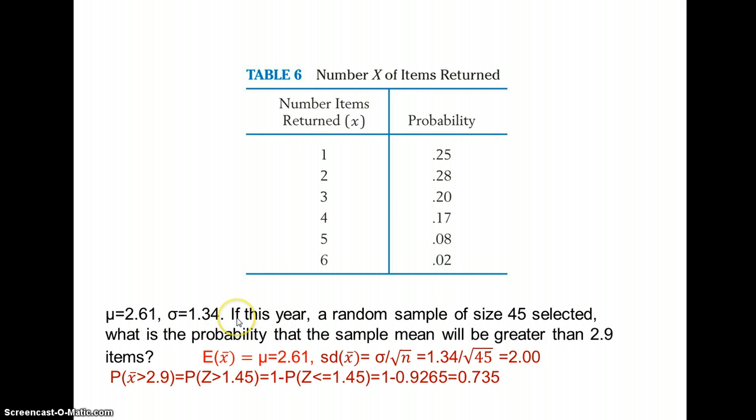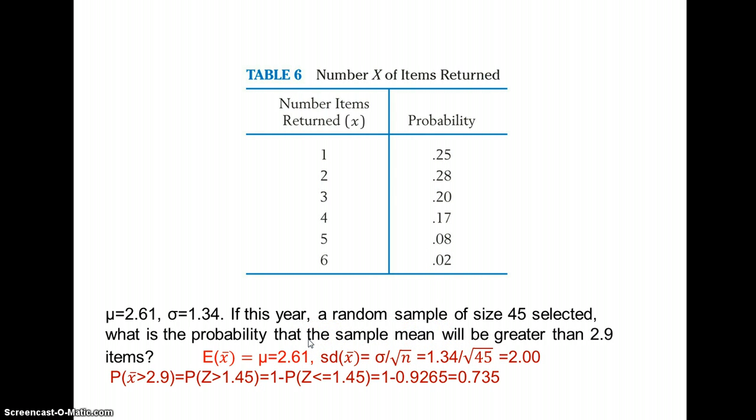And so let's look at the question. If this year a random sample of size 45 is selected, what is the probability that the sample mean will be greater than 2.9 items? So this information here was probably obtained before, maybe every year regularly. Suppose they do this for the past few years, and those are the numbers they got, and so for this year, I can try to predict the probability